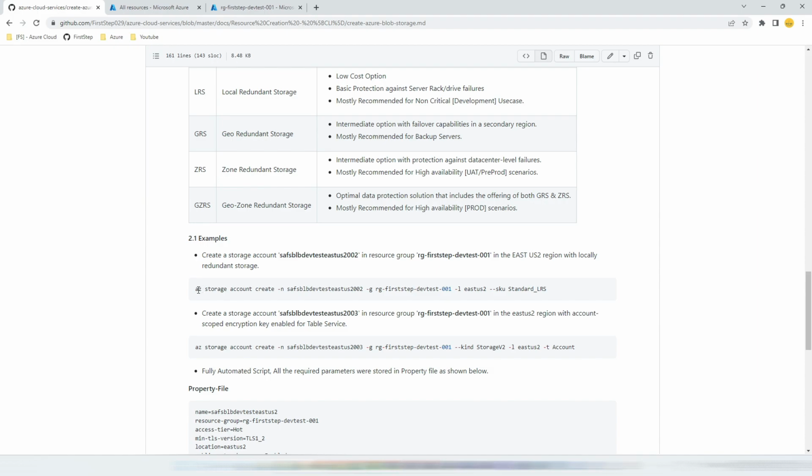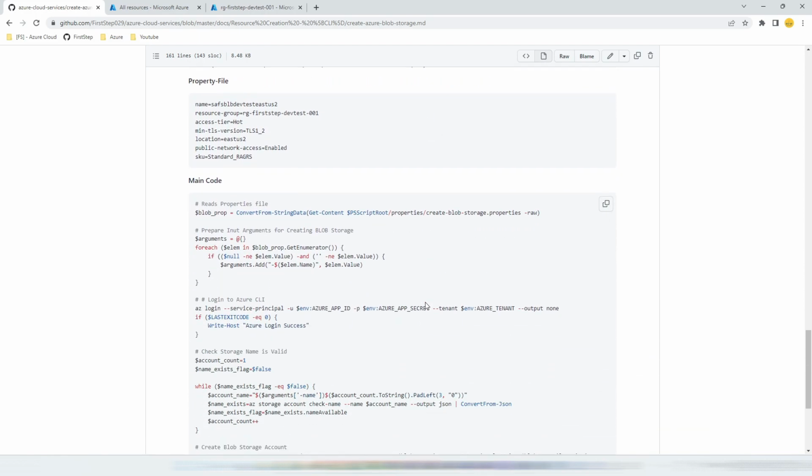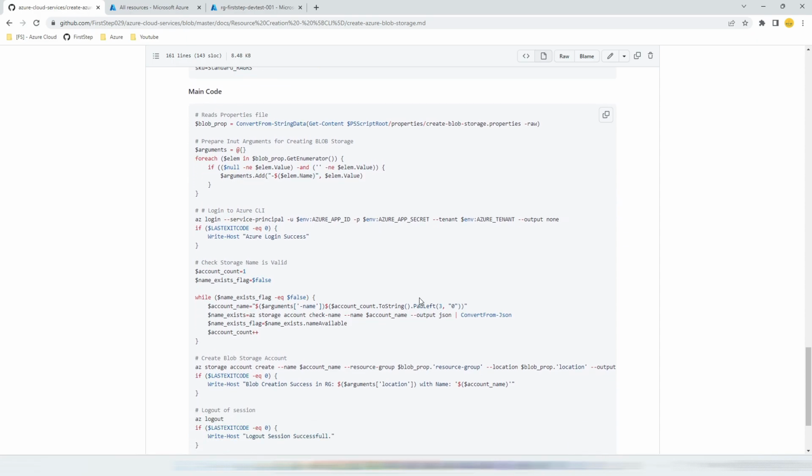You can see this command will basically create a storage account with the name SAFS BLB devtest eastus 002 in the resource group RG first step devtest 001 in the East US2 region, with the SKU type of standard LRS. And this command will create a blob storage with the suffix of 003 in the same resource group, whereas the region is East US. But the change you can see is that it only creates for storage account V2 and with account key. Along with these examples, I have given an automated script that you can use for most of the